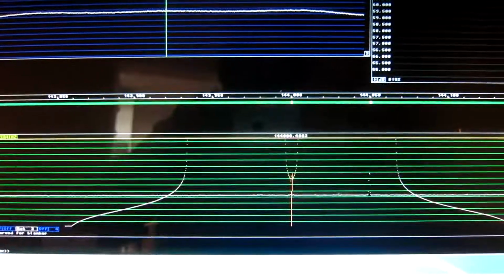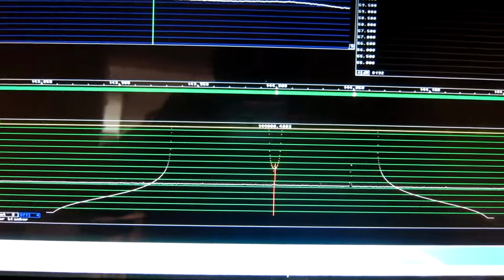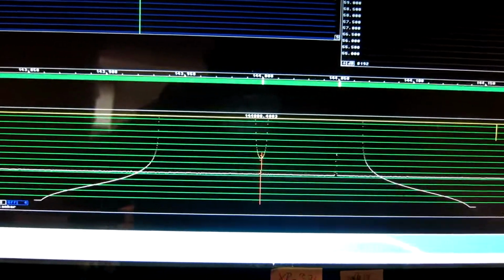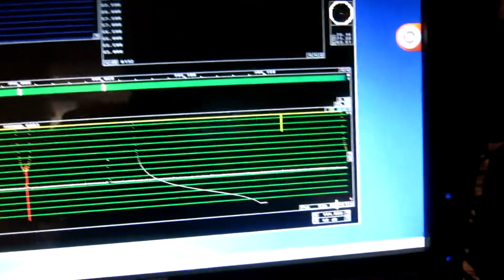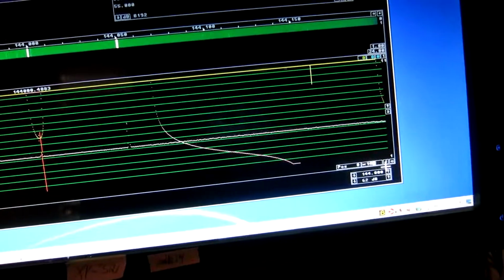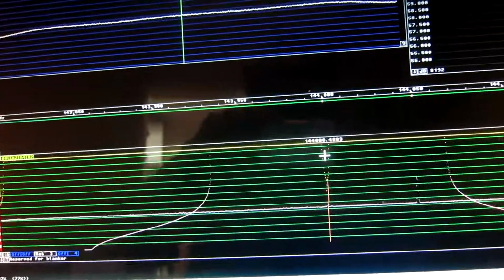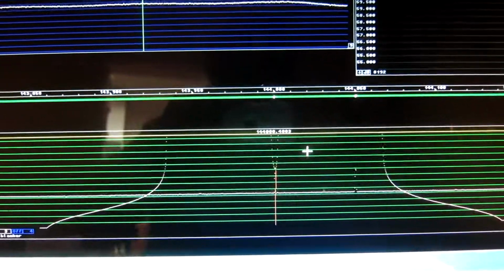It wouldn't have to be as wide as this, but I make it this wide because there could be some frequency drift or something. Well, maybe a little bit less. I change it from 20 to 10. It's a small fraction of the total bandwidth, so we don't lose much of the noise that we want to